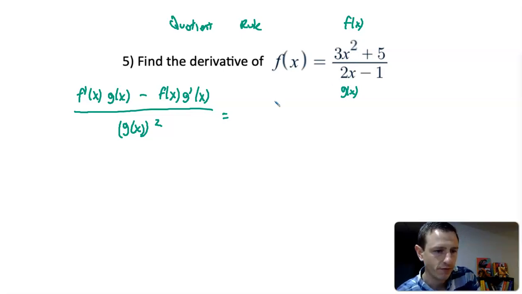So we're going to take the derivative of the top for our f prime of x. The derivative of the top is going to be 6x, because 2 times 3 is 6, and 2 minus 1 is 1, so just x. Times, let me erase this g of x here so it doesn't get confusing, the original bottom, which is just our g of x, so 2x minus 1,